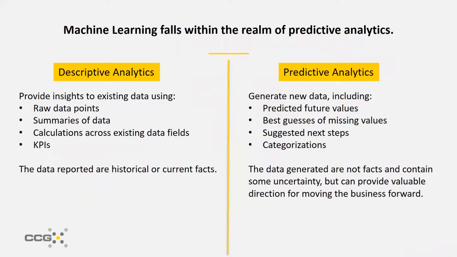When we get into the predictive realm, what we're doing is we're actually generating new points of data that have some uncertainty to them, because they either represent something that might happen in the future, or a decision that requires some sort of intuition or some sort of uncertainty. And we can take those values and do the traditional analytics BI things with them, right? We can include them in dashboards and present them to stakeholders. But what it really comes down to with predictive is we're generating new data that has uncertainty built into it.